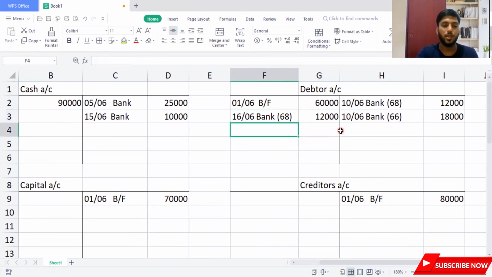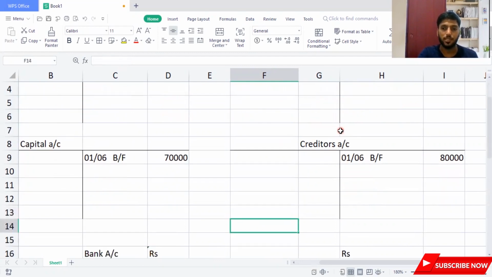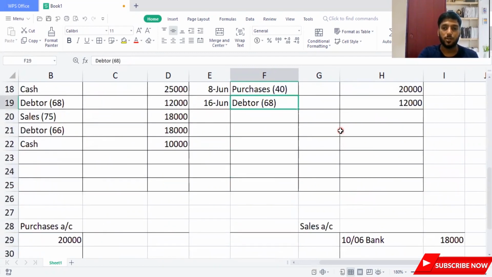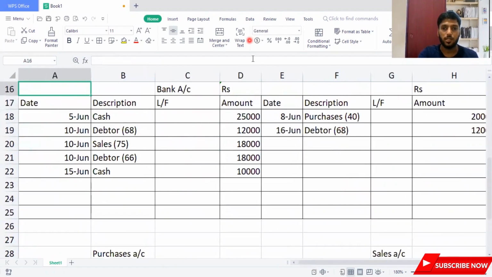68. You can even say dishonored check and put the date. It's also correct here, but still it's better you put bank 68. So then we are done with that particular adjustment. We have done the exact correct thing. Then we move on to the next adjustment of the sum.